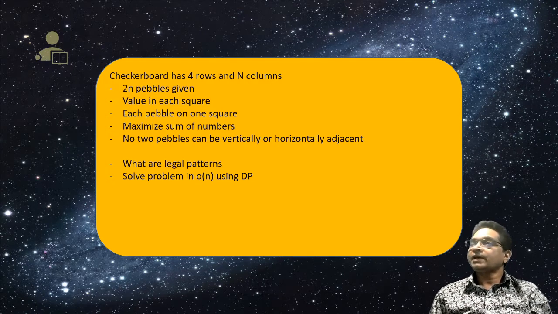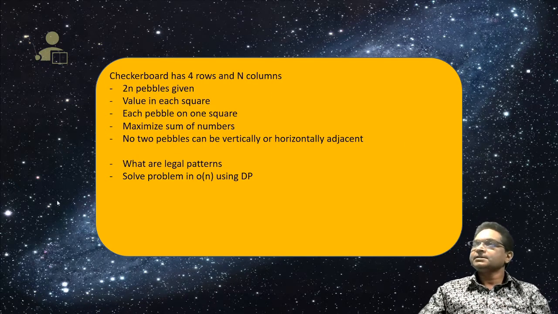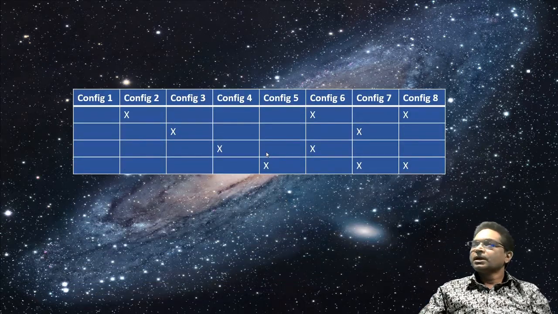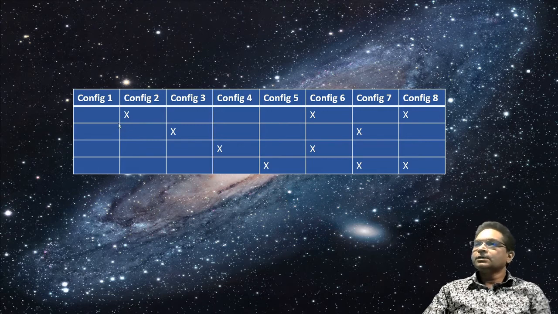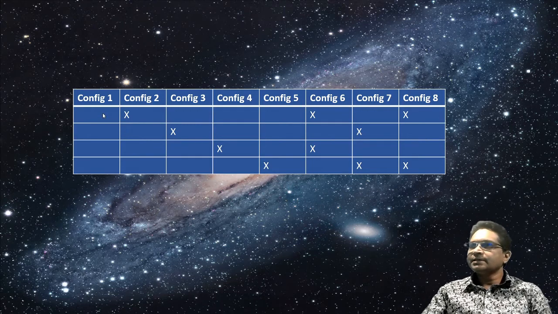Now, how many legal patterns are there? And then solve the problem to maximize the sum of numbers where you have placed the pebbles, and that is the problem. All right, so the number of configurations is 8, and the way you compute these configurations is that